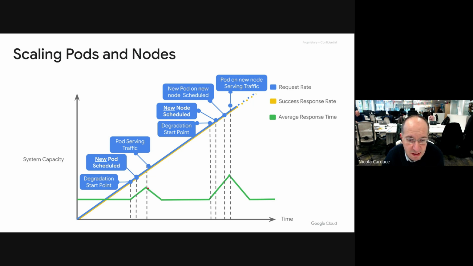What I will have as a net effect is that the response time or the latency will go down as I'm going up with the capacity or the request rate. And you see the response rate is growing at the same time with the request rate. So no issues in terms of disrupting the traffic. There will be another point, if I keep increasing the request rate, where I start seeing another type of degradation. I can see the response time going up, and that's well before I see errors.